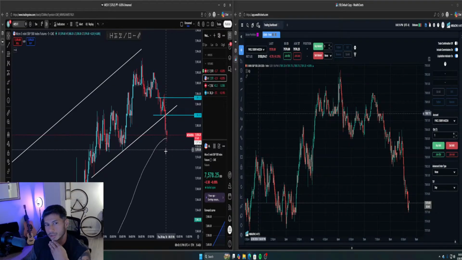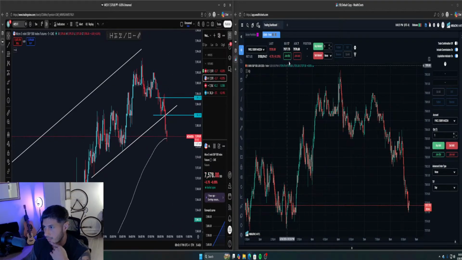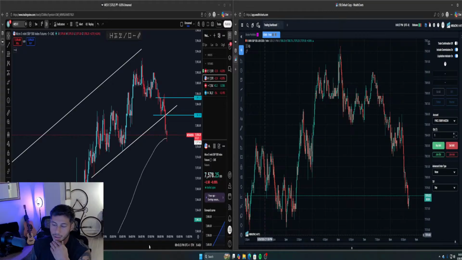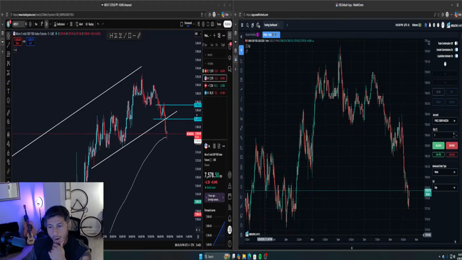No, it's hovering over this on the 5 minute. It's hovering over that 1 minute EMA. Might get an entry here. We could have gone for a buy, honestly, right where it was at, just to see. Because if it goes up and keeps going up, could have gotten a really